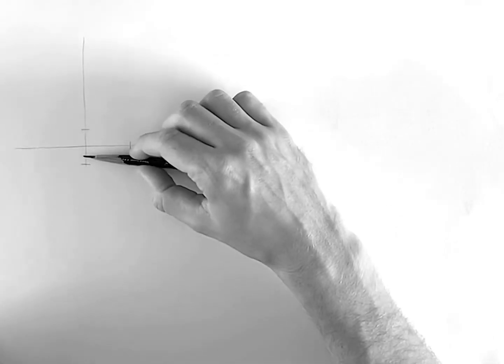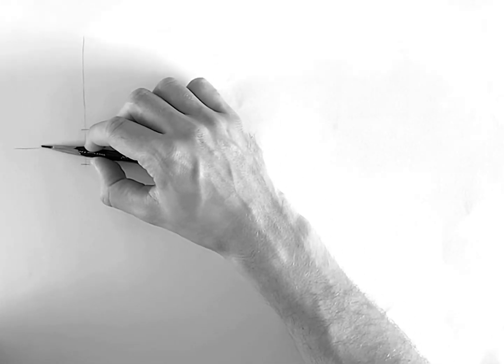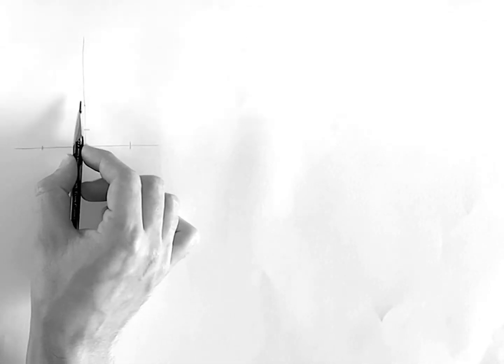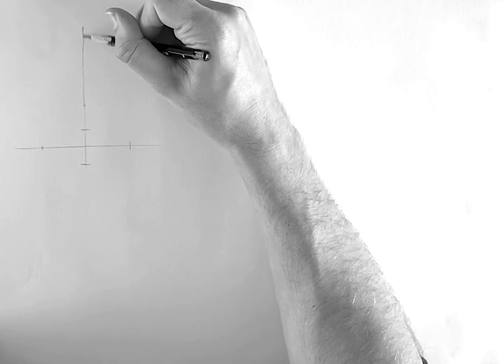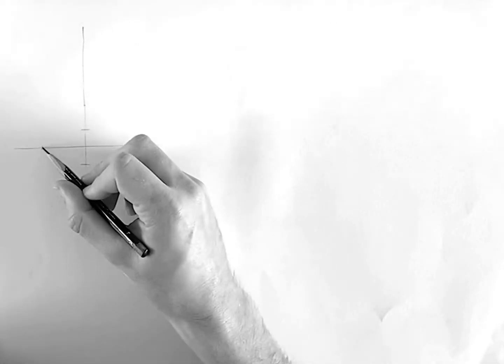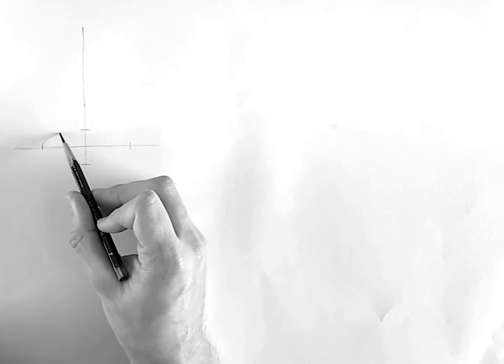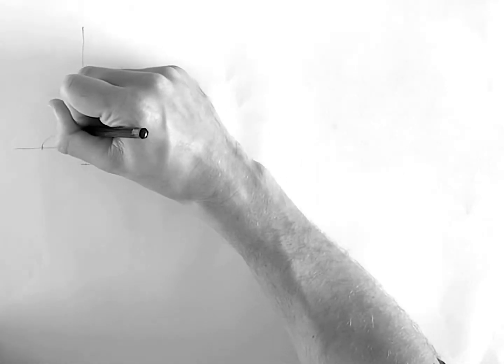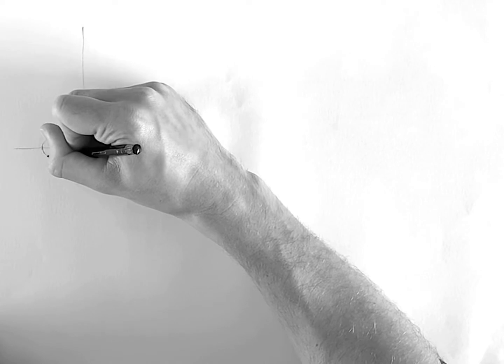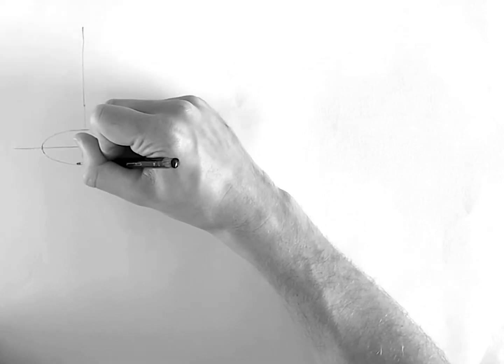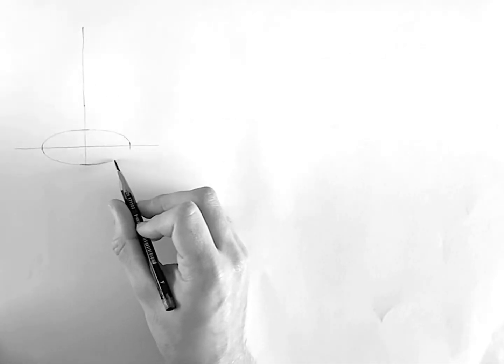So I'm just marking the height and the width of the ellipse right now, and marking the proportions of the pyramid right there. So just trying to find the height. And then just going in, carefully drawing in the ellipse. And then once the ellipse is in place, what I want to do is try and